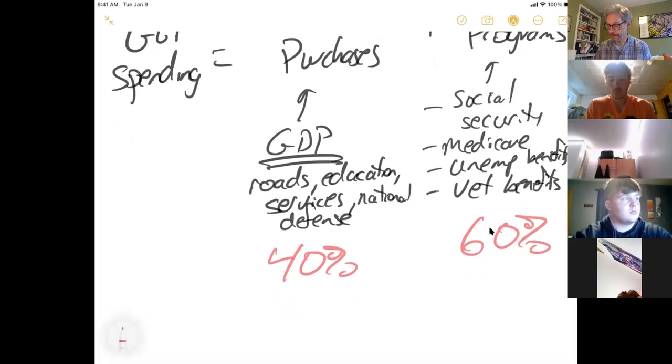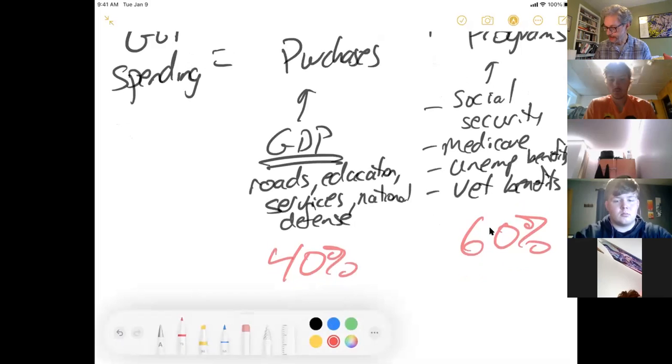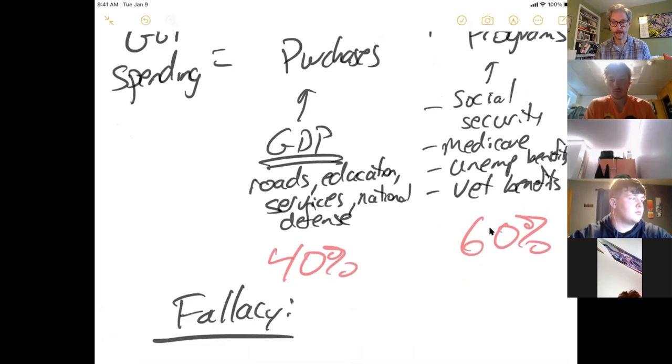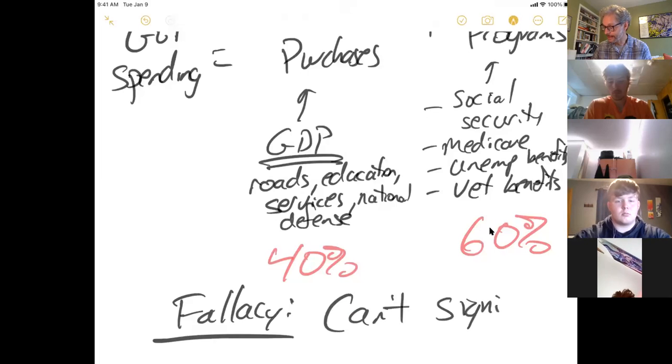Okay, so here's a big fallacy that is perpetuated by many politicians. The fallacy is somehow we can cut government spending and balance the budget without touching Social Security, Medicare, and national defense. The problem is there's just not that much left over, right? You can't significantly cut government spending